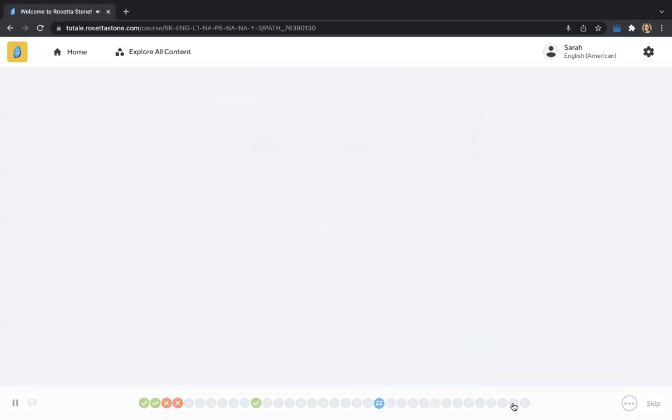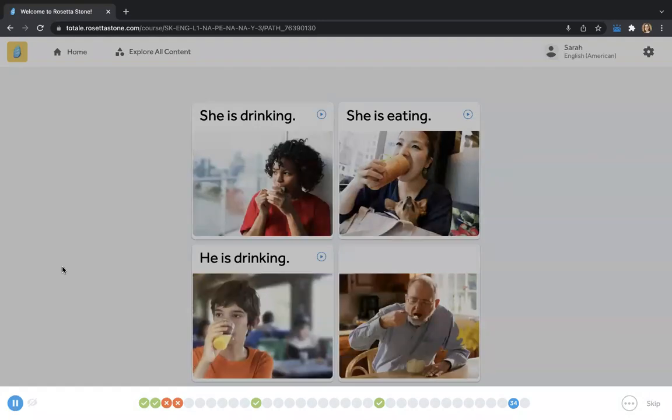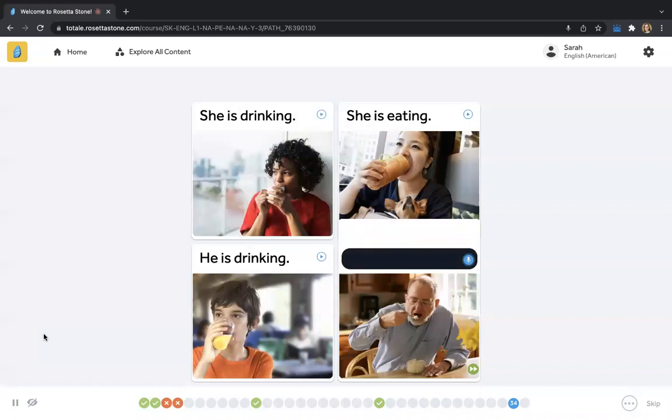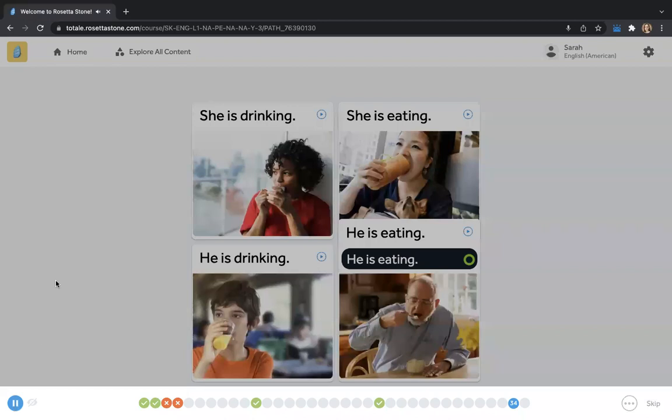And if I had made my way almost to the very end here, towards the very end, we've increased the rigor to the point where the student will review 3 phrases heard in the lesson, and then they must produce that 4th phrase independently. She is drinking. She is eating. He is drinking. He is eating. Right. So the new vocabulary and grammar concepts here allow students to gain confidence with using more complex sentence structures and just deepens that immersive experience for them so they can build their comprehension and competency in